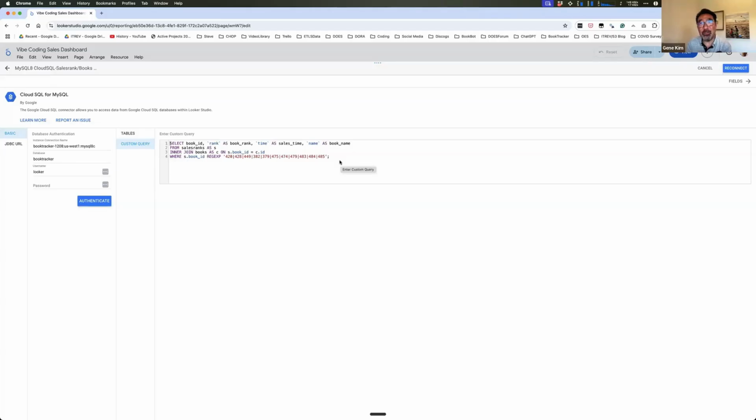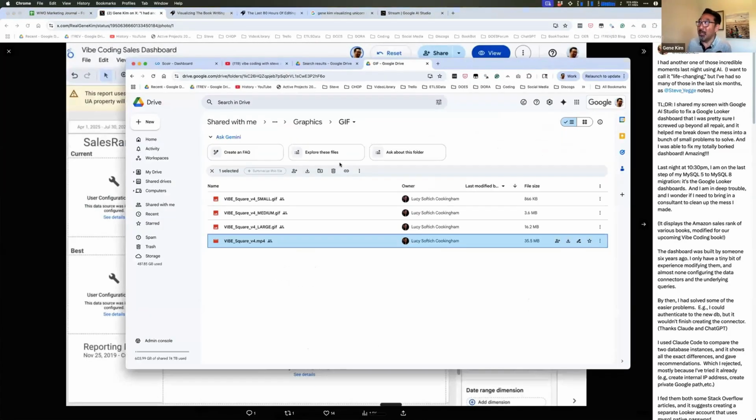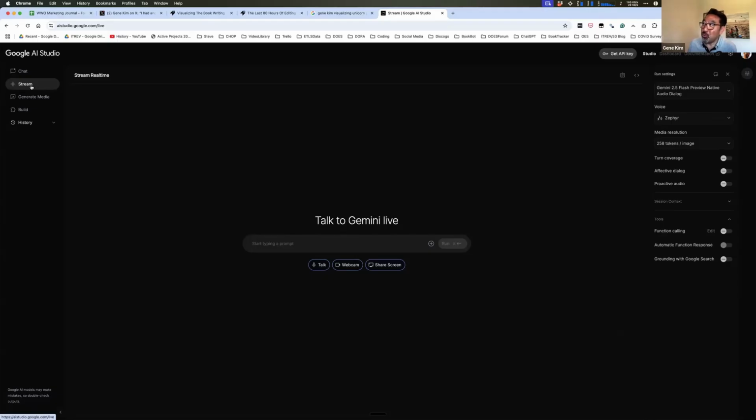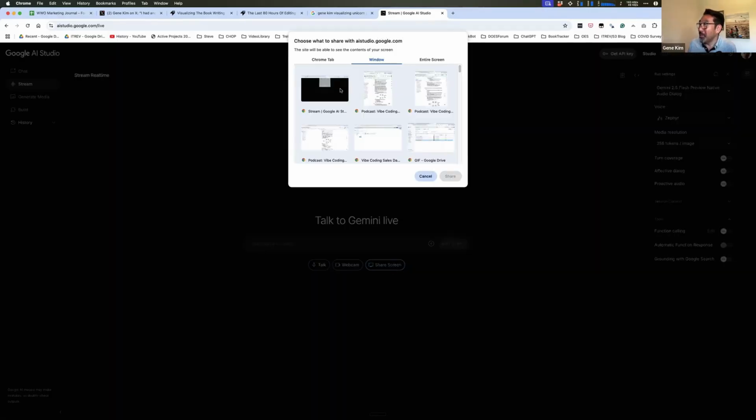But here, I didn't even understand how Looker worked. And I didn't understand how the connectors worked. I didn't understand how the graphs worked. And I remember Paige Bailey from Google. She described how you can share your screen with Gemini. If you go to Google AI Studio, if you go to Stream, you can share your screen, which is what